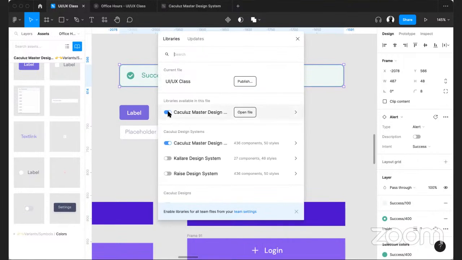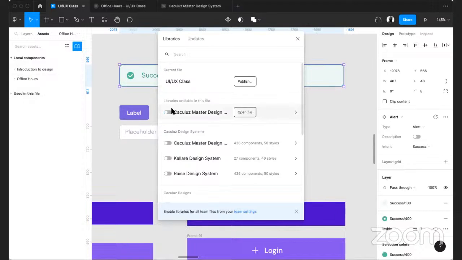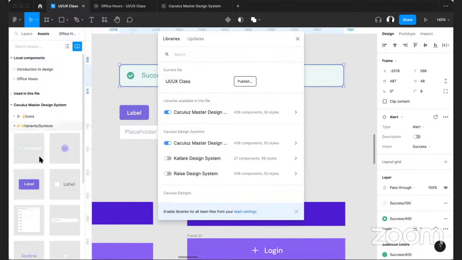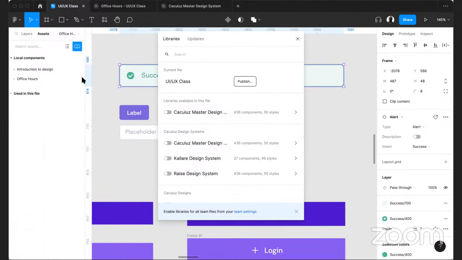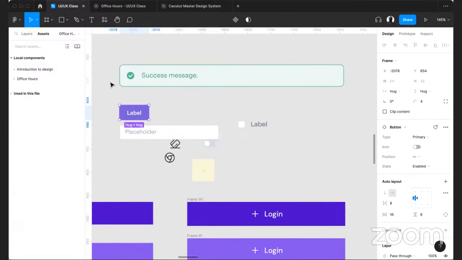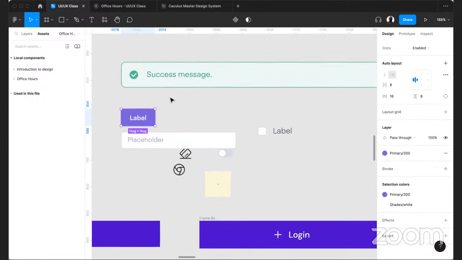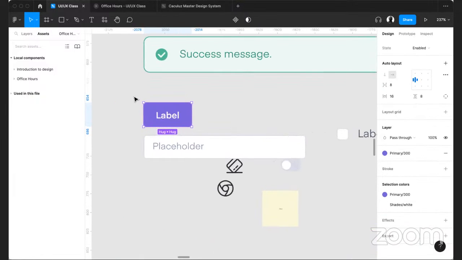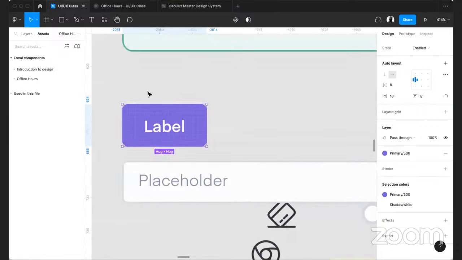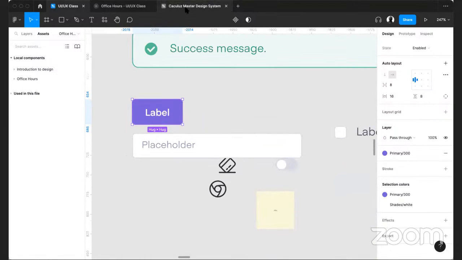So if I toggle it off right now, you see that everything has disappeared. I toggle it on, Caculuz master design system is back in this file. I toggle it off, it is off. So now if I go to my design system here, for example, imagine you can see that my design system is living somewhere else. So I don't want to make changes to this design system because